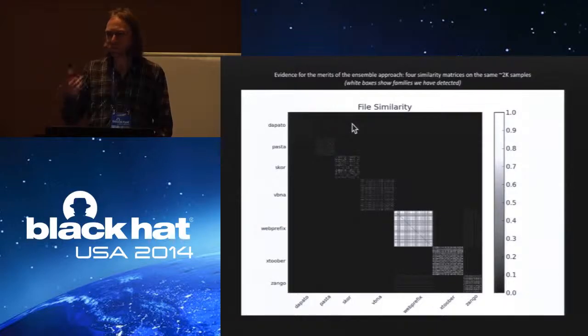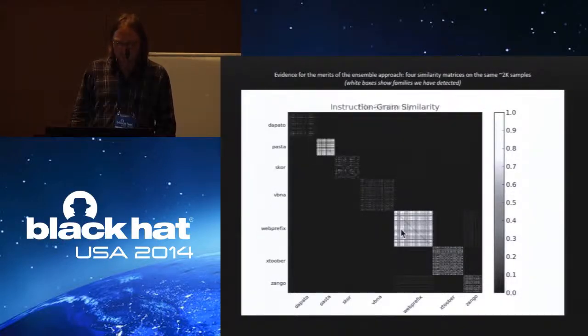So what we're doing is pulling out sequences of bytes in each file and then comparing how many uncommon byte sequences are shared between any 2 malware samples. We see that these results aren't very good, right? This family Depato, it's all black here. We wish it was a big white square like this, such that we were detecting the similarities between the malware samples and the Depato family, but we detect almost nothing. And these other families we don't do very much better at. There's just one family, this web prefix family, which seems to not do much obfuscation, where we do see that